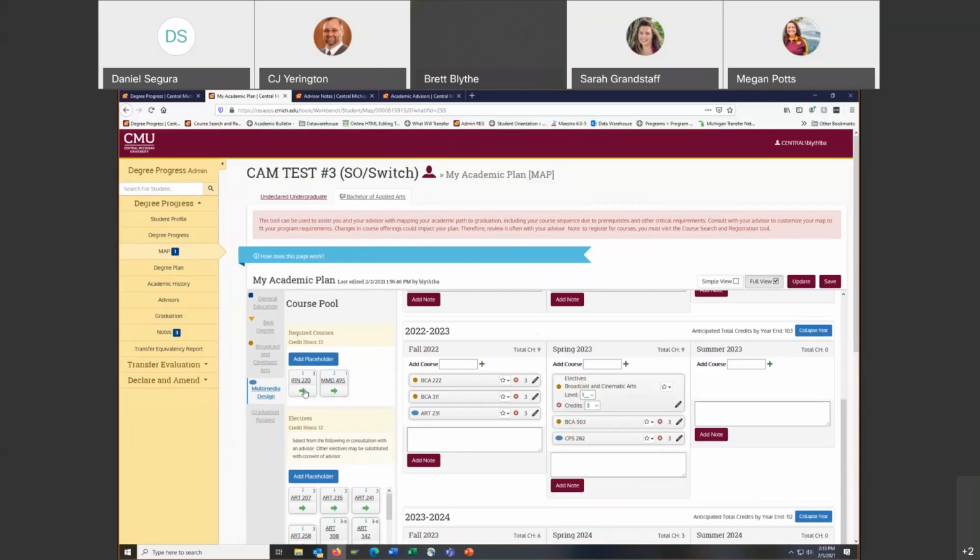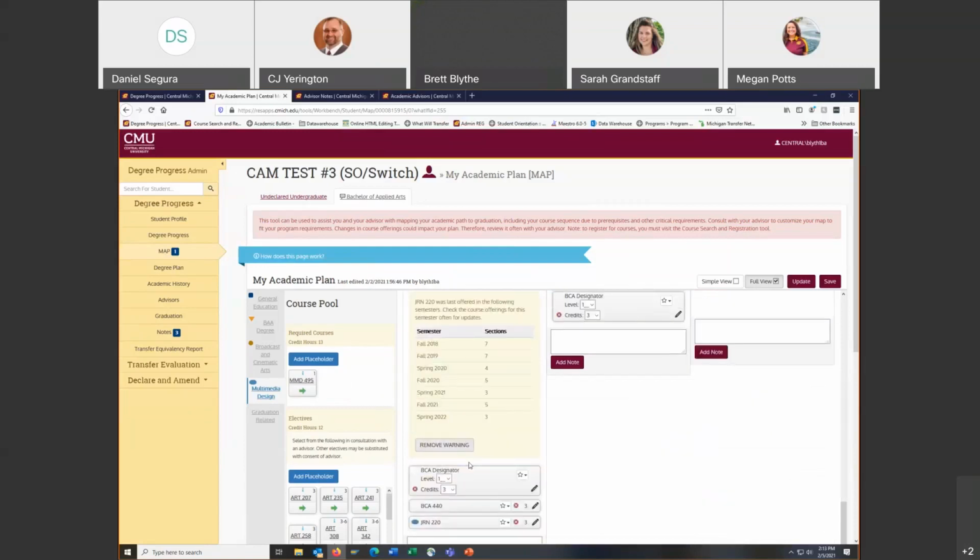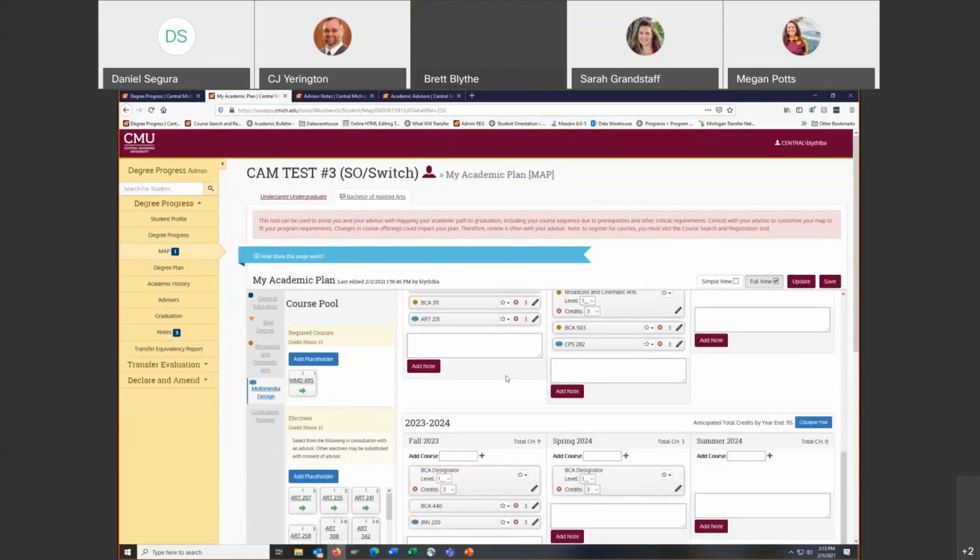So, you know, you can put these in here and we'll just sequence this out. Essentially this is going to be a follow-up to the graduation plan that we made. I'll put it in here and I'll save it. And then the student can come back and they'll see MAP over here, and then they can come back and